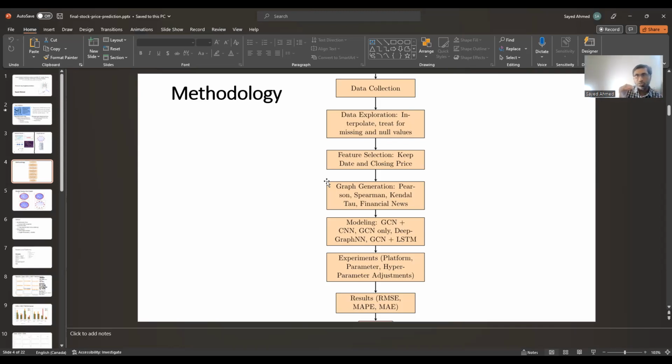What will be the difference? Let's say data collection, data exploration, feature selection, graph generation. This probably comes in when it is a graph neural network or graph mining. This graph generation will not be in other machine learning or data analytics projects, only in graph related ones, right? But modeling, yes, and feature selection. There can be feature extraction, feature selection, and then modeling, right? So graphs may come in here depending on the particular project.